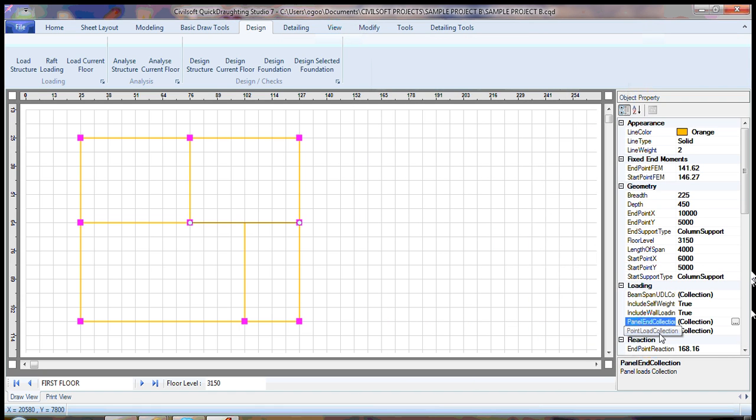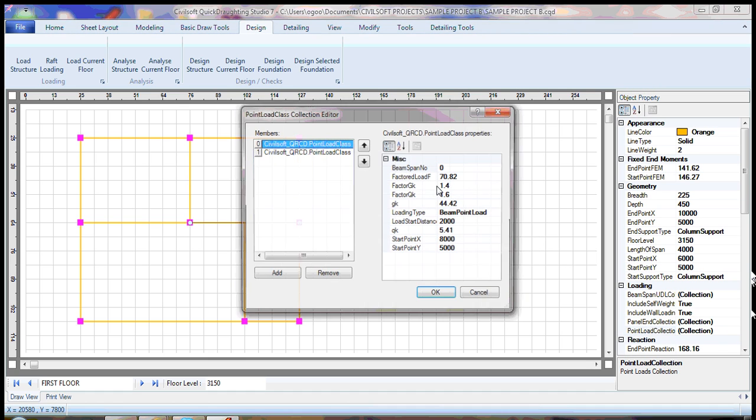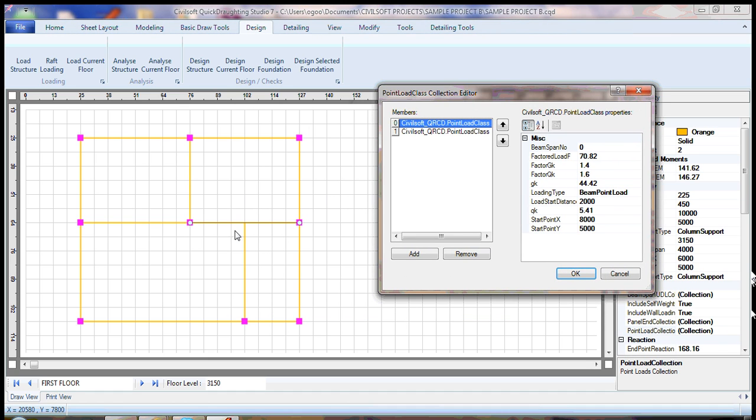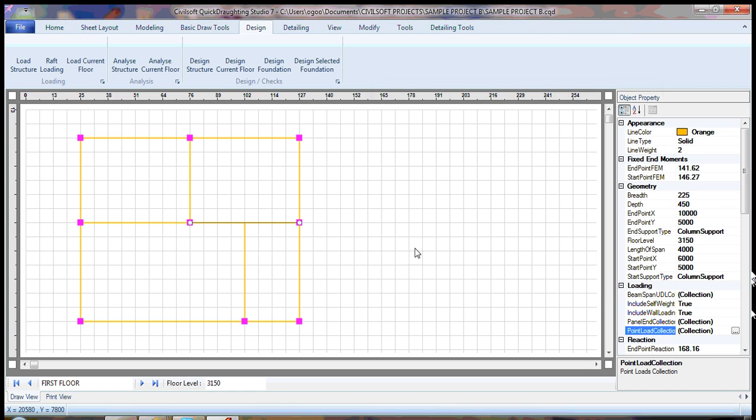And then we also have the point load collection. Now you can see in this particular beam span, which is from here to here, we have 2 point loads. We have a point load which is a beam point load, coming from this beam, okay, and we have another point load which is coming from the column, that is the roof column or the first floor column, okay. And so you can see the software is able to seek out the point load in such a very wonderful manner. That's one of the big advancements we did in this particular edition, the fact that you